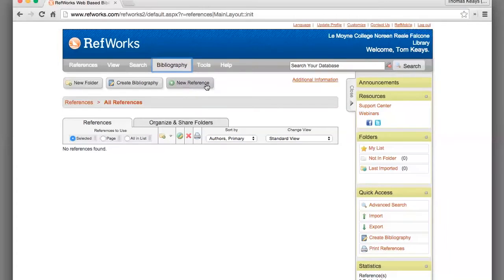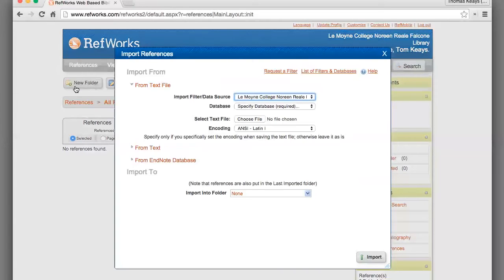The other option I want to mention under the Reference tab is Import. This option lets you import a text file containing citation metadata marked up following very specific formatting rules.